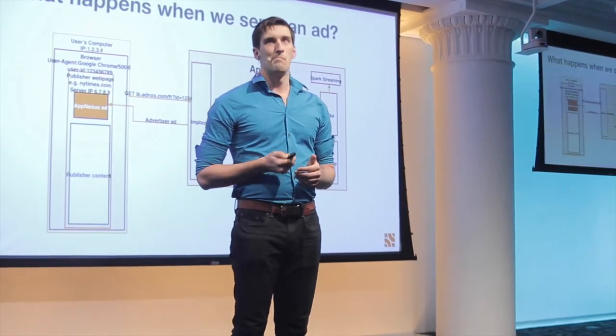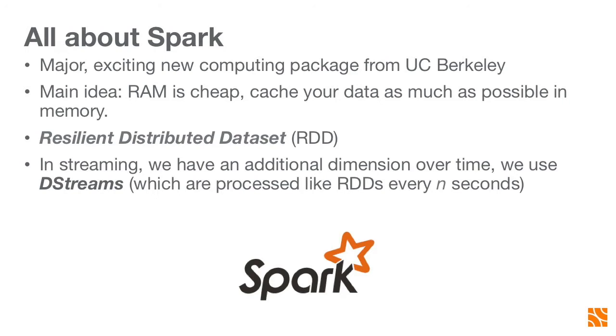So, all right, I mentioned that we're using this thing called Spark. What is Spark? It's a system that has come out of the University of California, Berkeley, in the last couple of years. It's very promising, very exciting, and it takes advantage of the fact that computer memory is very cheap these days. It lets you say, I've got a bunch of data, I want to load it all into the memory of, say, 200 computers at once, and do things to it: add it up, count things, find the unique things, sort them, whatever you want to do.